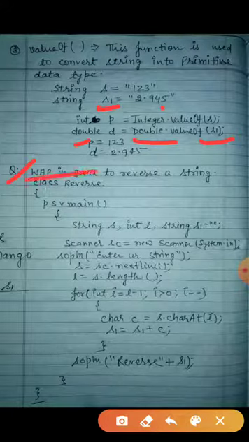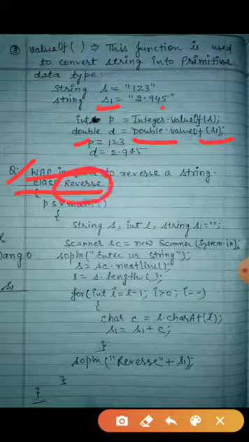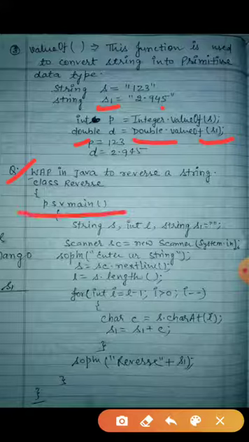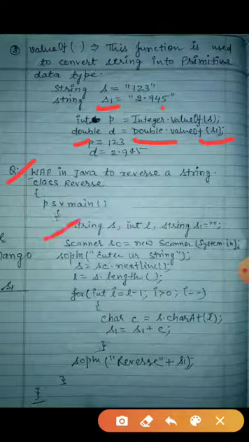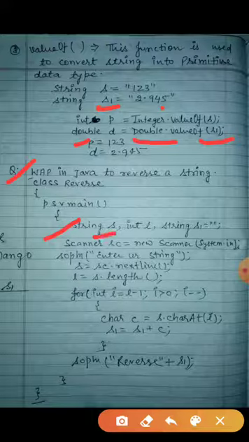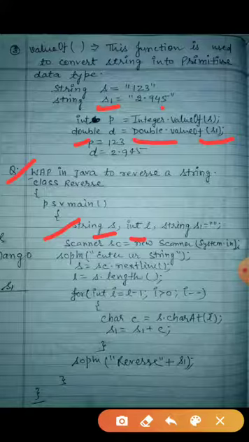First line you will write import java.util.*, then come to the next line: class Reverse. You can use any name here, but I have taken class Reverse. The next line is public static void main, you know this one. Now come to the next line: String s, this s you will use to store your string from the user side. Now one variable I have taken here, L, you can see in the next step what the use of this is.